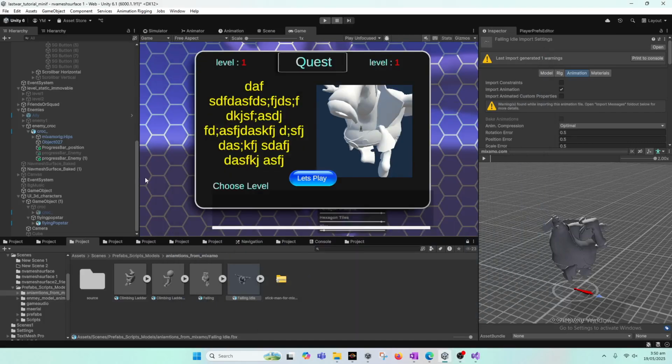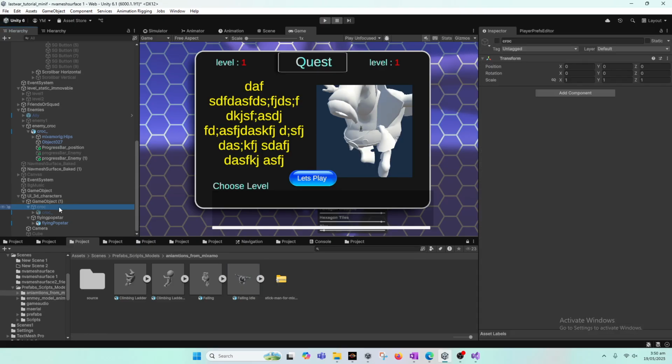Alright, back again. So in this tutorial we will resume from our previous tutorial, where when the buttons are pressed for a level, a certain level will be loaded. In our first case the model was of the croc, and in our second level, which would be, say, a pop star character, which is this character here,